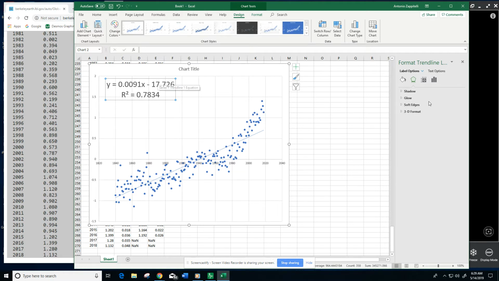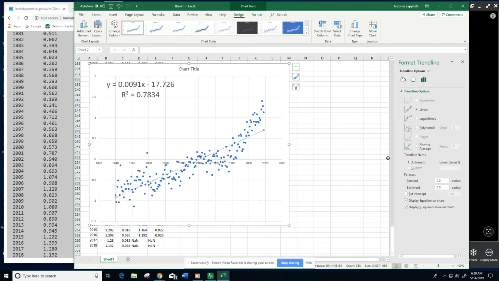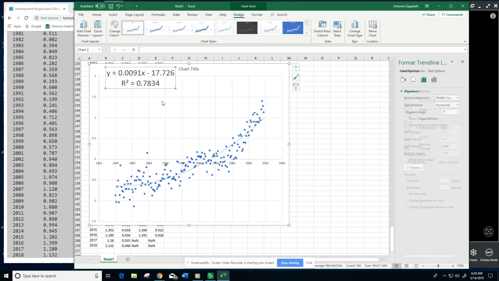Here we lost our panel, so you can just right click here and go to format trend line. What I want to do is look at some other options and see if this R squared number goes up. So let's pick polynomial, and you see here polynomial of order 2. Not surprisingly,